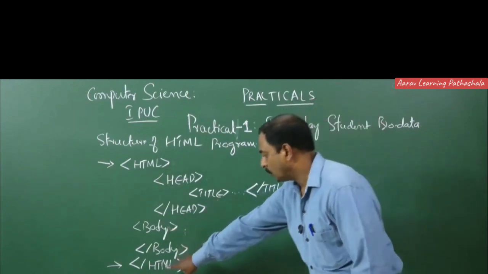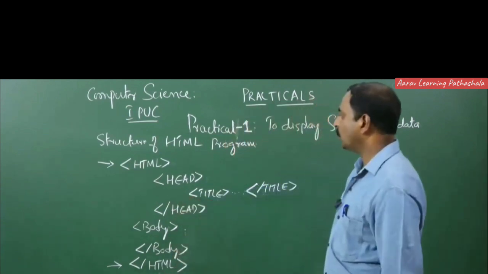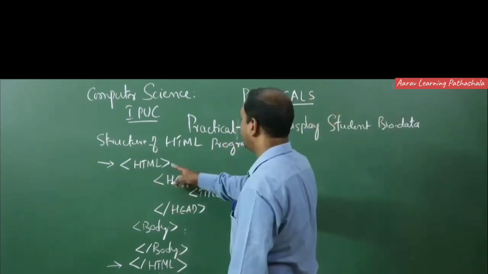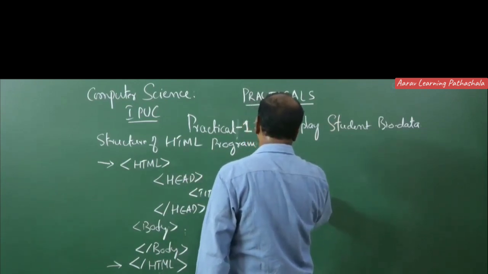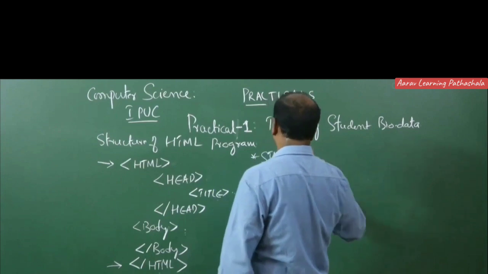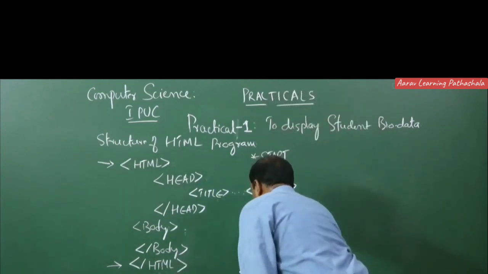So now finally we have to close this HTML tag. So this is a structure of HTML document. HTML tag indicates the starting or beginning, start of HTML program, and at last this HTML tag indicates end of